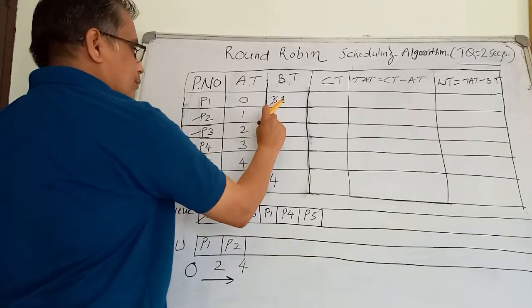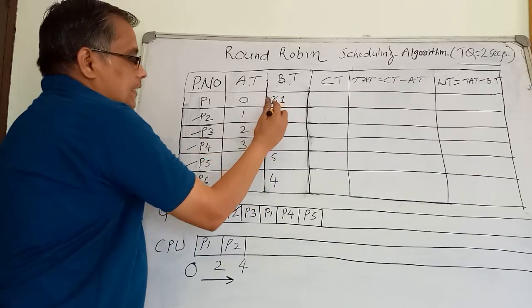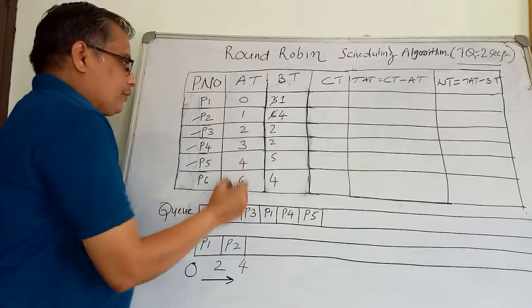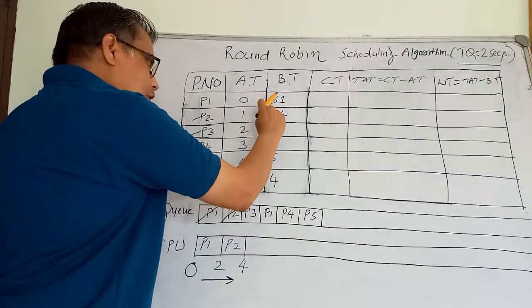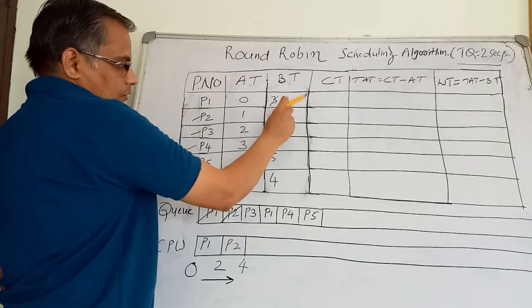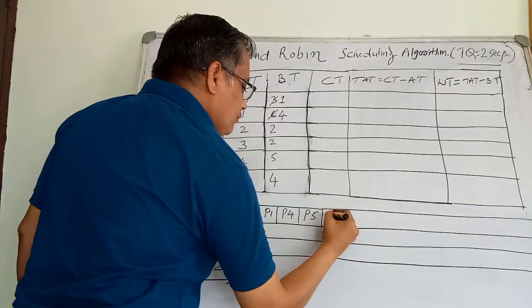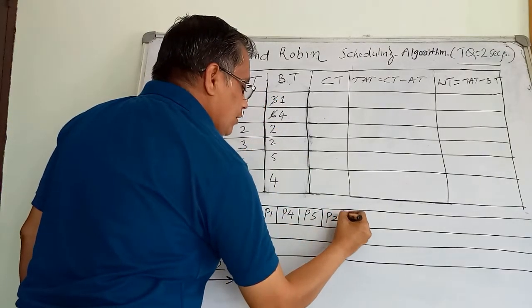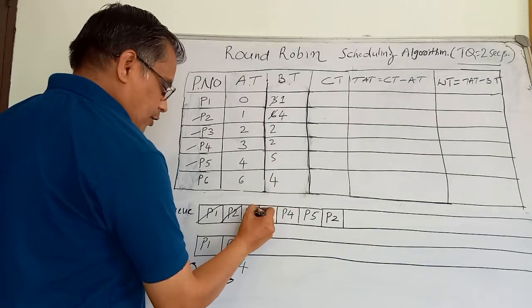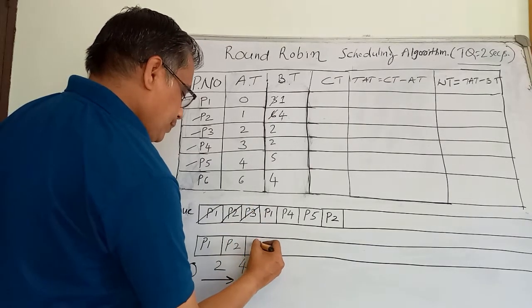6. That means 6 minus 2, because it got executed only for 2 seconds. That means 6 minus 2 is 4. Again, it is supposed to be brought into the queue. Why? Because still 4 units are required for P2 to complete. That means P2 you have to mention in the queue. Again, you follow the same process. Again, strike it off here. Bring it here for the CPU execution.